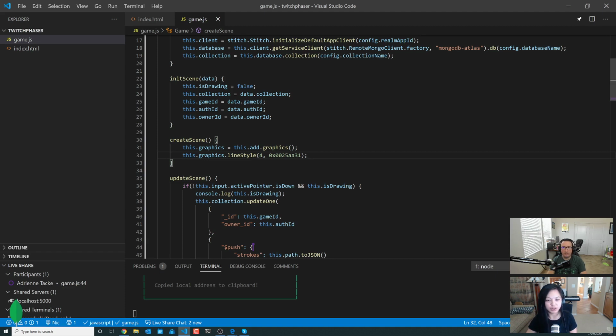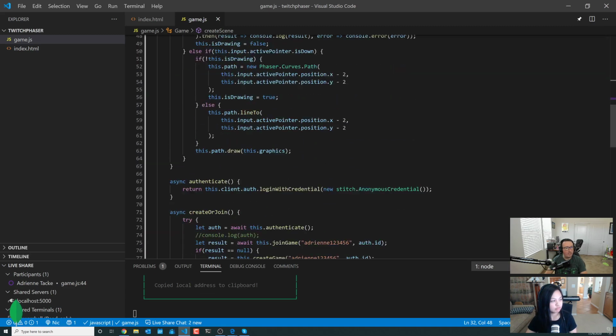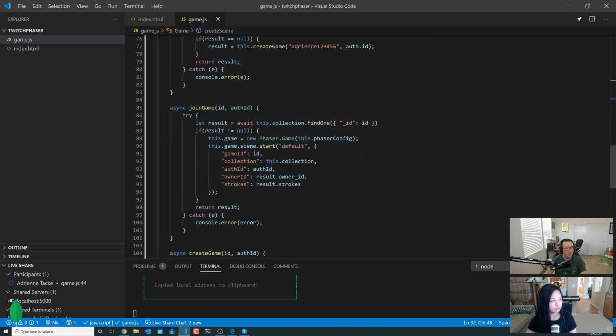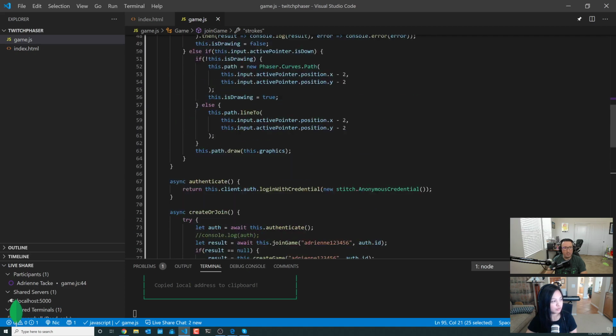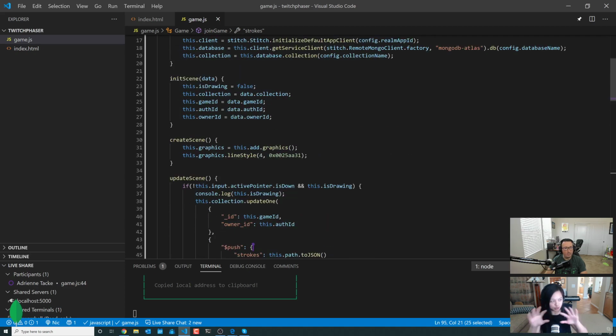Yes, I'm agreeing, but I think I'm not following. Continue. Actually, no, I don't need to do a find operation because I'm looking down here on line 95. We're passing in the strokes. Yes. So we've already got the stroke information. We don't need to do another find. That would be unnecessary. We just need to actually draw them out, right? Once we load our scene.